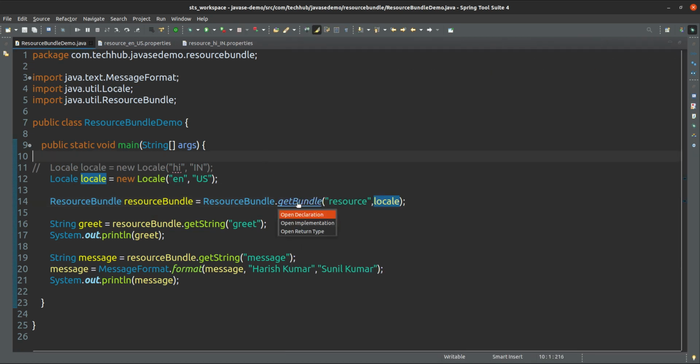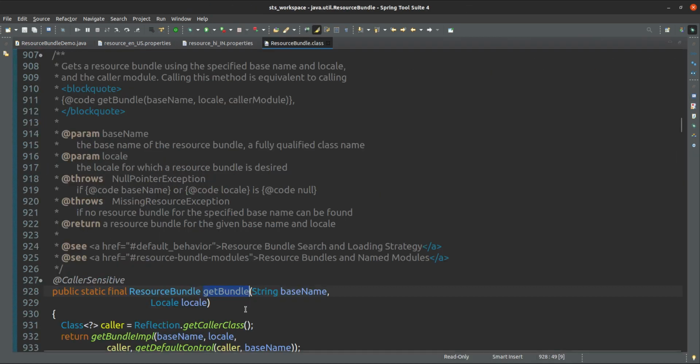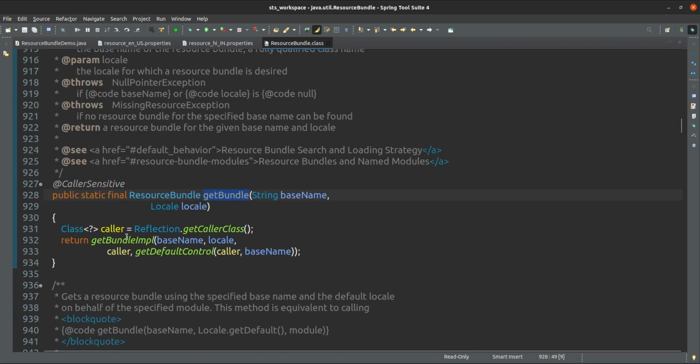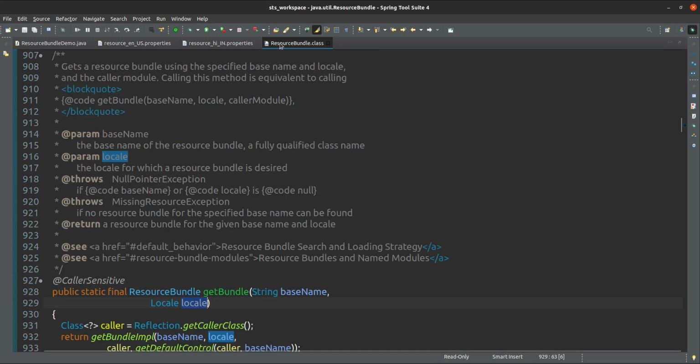Because if you see the implementation of getBundle, if it is taking the resource bundle, the default one, getDefault, baseName, getBundle locale. Okay, this is a different one, I think.